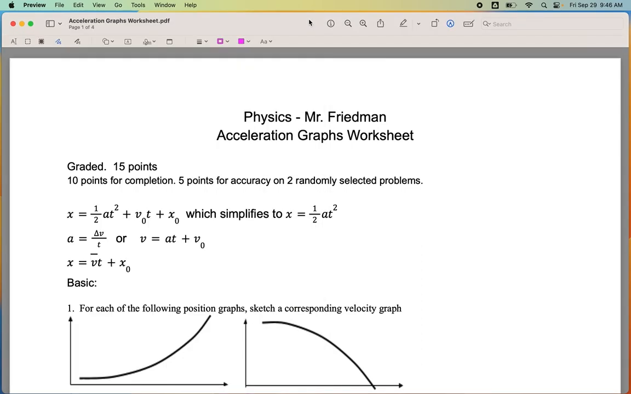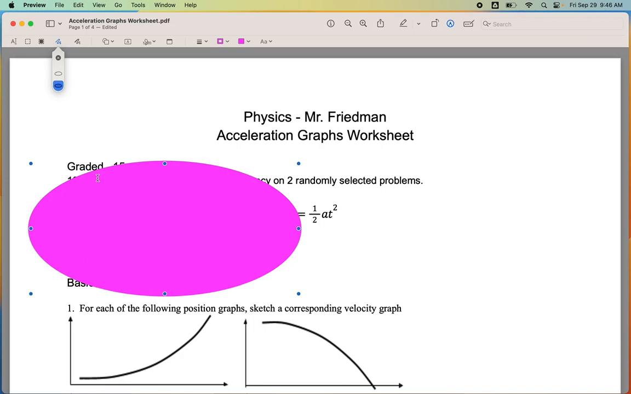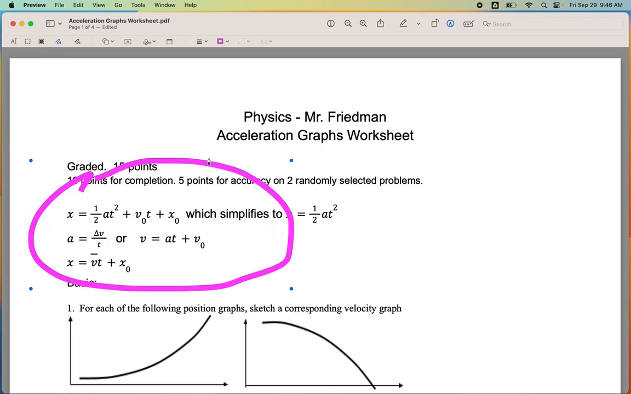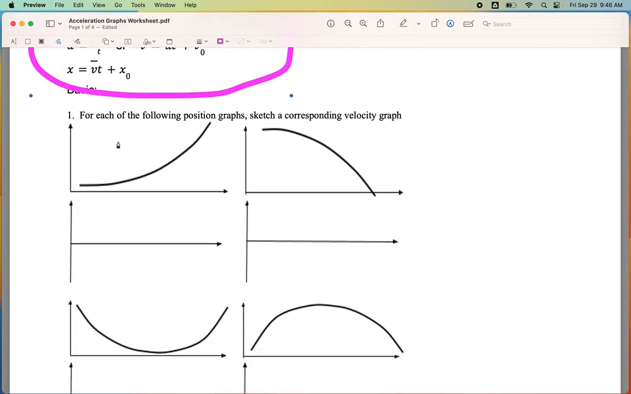Hooray! Okay, here's our acceleration graphs worksheet. I want to remind you it's all the same equations up here, so that should be pretty easy to do. There we go. Okay, for these graph problems up here where it says draw the corresponding velocity graph or draw